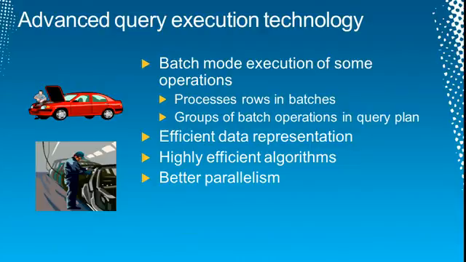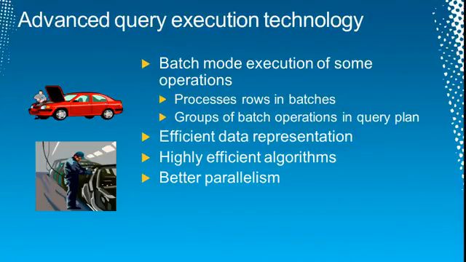Now that takes time. It can take 200 or 300 CPU instructions per row to perform a simple operation on a row, like comparing one column to a constant to do some sort of filter. In batch processing, that overhead is tremendously reduced. It's kind of like going from piecework in a garage where a mechanic is working under the hood of your car